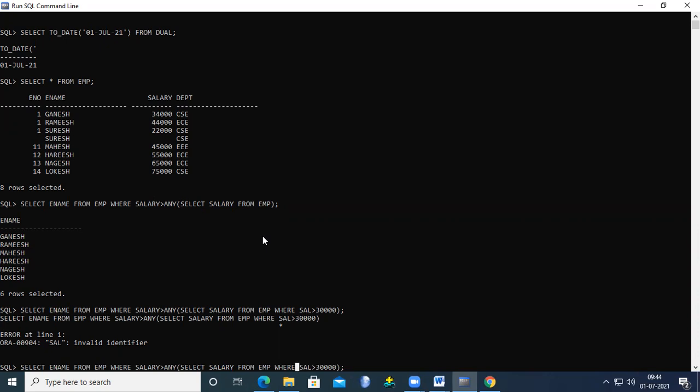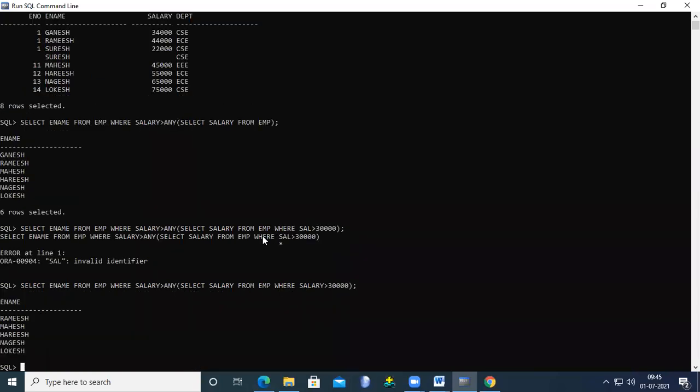If you observe here, by using any, we can perform the comparison. In this manner, we directly give select salary from EMP where salary.